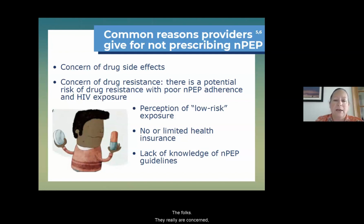The folks, they really are concerned. They're like, these are drugs with significant side effects. These are your drugs, not our drugs. We don't prescribe these routinely. But you have to remember, a lot of the people who are feeling that way, their main thought process when